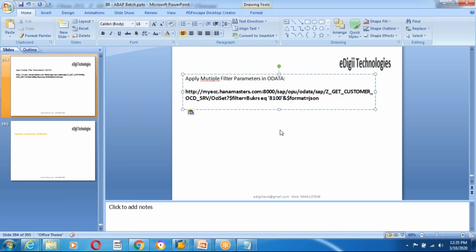How can you apply multiple filters? See, here we put this, right. Maybe we can apply one more filter. If you want to apply one more filter, I use a bracket,